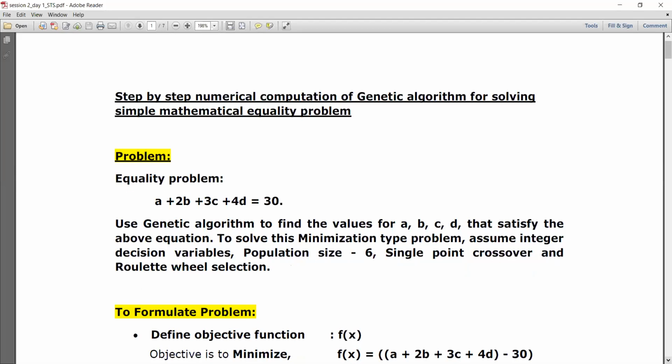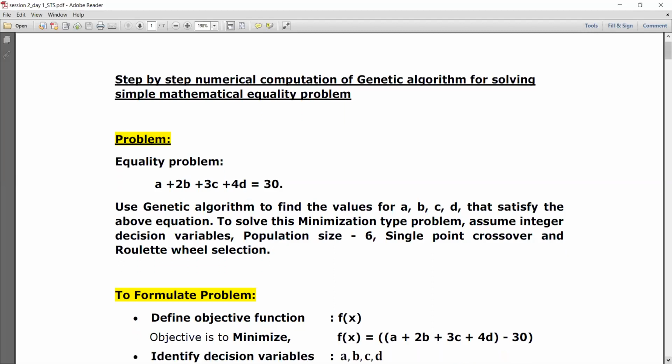The deviation from algorithm to algorithm depends only upon the operators that we apply. Suppose if you use PSO, then there we will be updating velocity and other stuff. And here we will have all the operators that Bhaskar sir has discussed just now, and they are going to be employed here also. So you need not worry much. Let us take this problem and solve it for one generation, say one iteration.